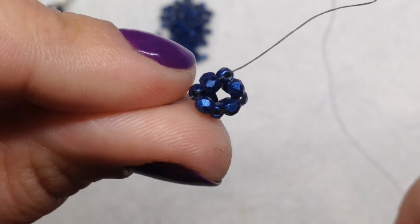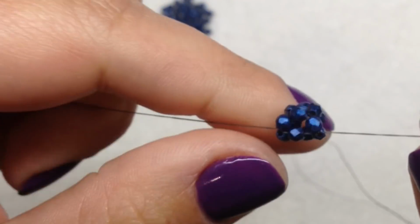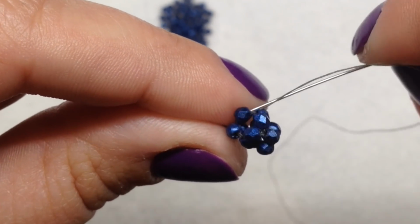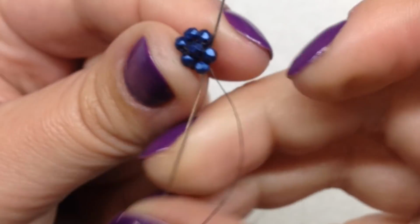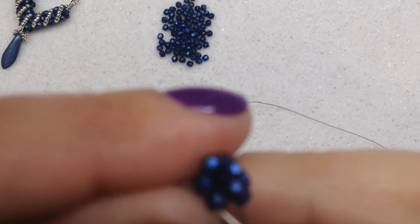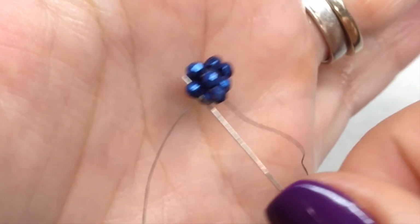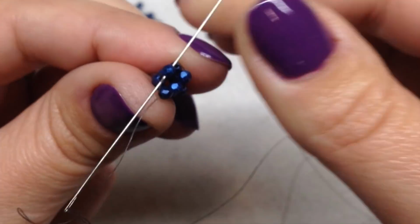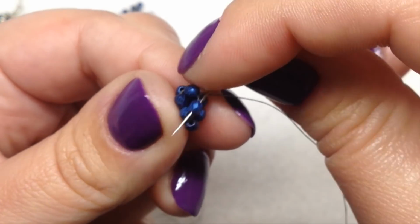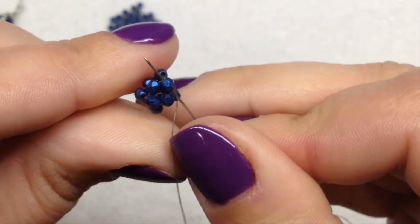So now we have the base of our cube, but we really should tighten this up a little bit. It's still a little bit loose, especially this face right here. So I'm coming out of this bead, and there's multiple ways you can do it. You can go in different directions. As you learn cubic right angle weave and get a little bit more comfortable with it, you can see and understand a little bit better how it all works. So I'm just reinforcing it by going through some of these beads all over again, one at a time. It's good if you go through them one at a time because then it will hold its square shape a little bit better. And I'm just going around